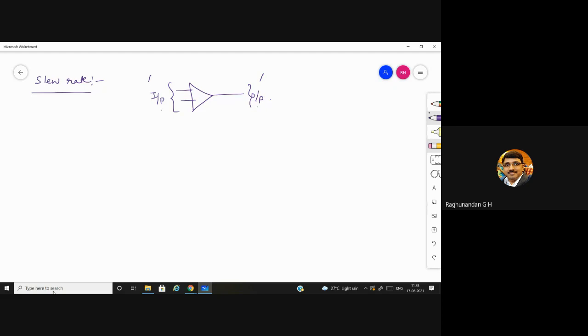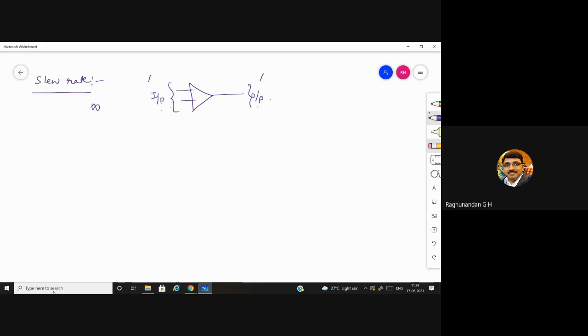So slew rate is said to be infinity, considering that the rate of change of output with respect to the input will be done simultaneously. But practically that cannot happen because the device itself takes some time. Some time in the sense it will not take hours together. It will just take microseconds of time. That is negligible for us. Even microseconds we cannot observe on the CRO, cathode ray oscilloscope.